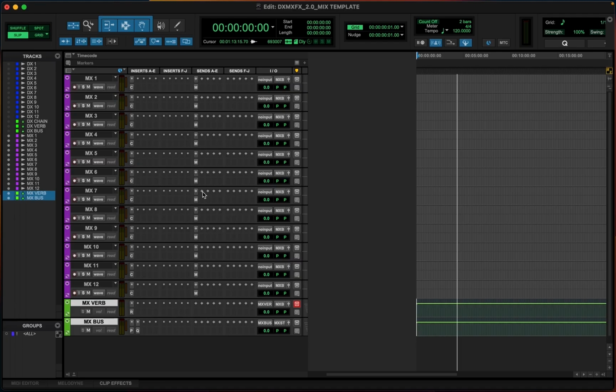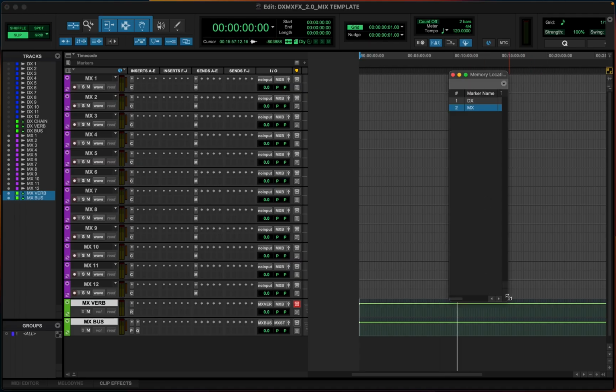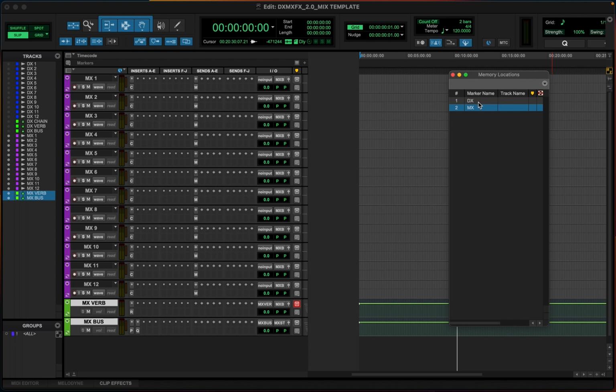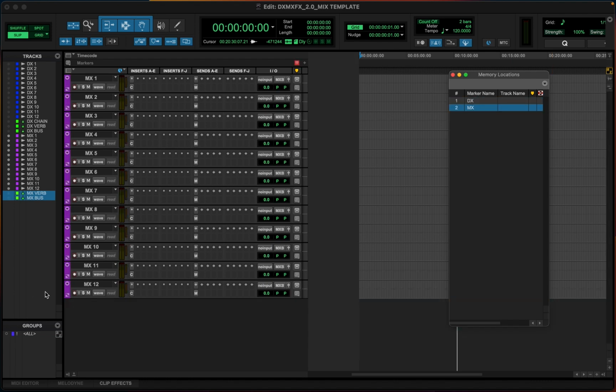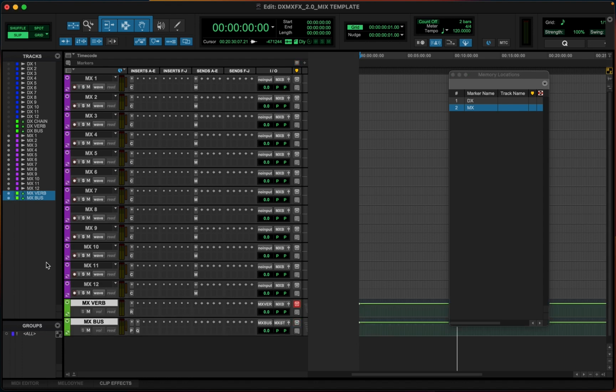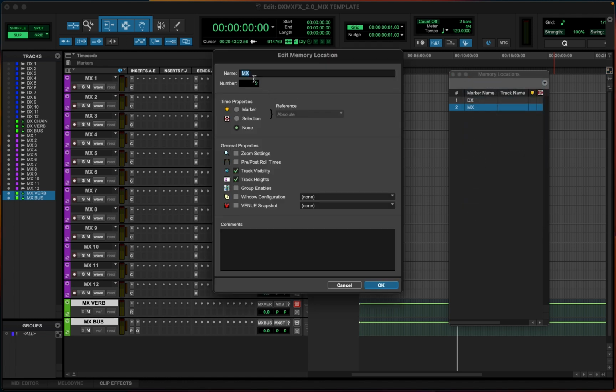We're going to go ahead and make sure that these tracks are added to our memory location here. And what I mean is, if I go, check this out, if I go to my dialogue and I go back to my music, guess what? I'm missing these tracks because I didn't add them. So I have to make sure that they're highlighted from the track section over here, and then just over here in the memory locations and this little drop-down menu right here, if you go to edit MX and just hit